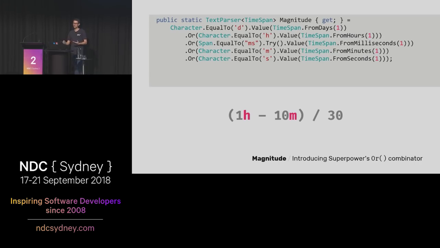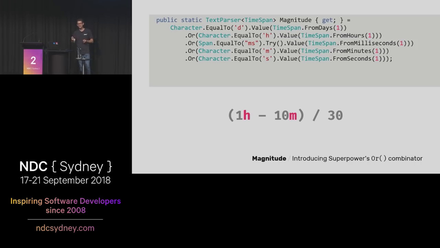It's like, well, of course, we'll just try the MS bit first before we try and match the M. And that way, if we could chomp up that whole MS, then we don't need to try the M. And if we fail, we'll just backtrack and the M parser will kick in.